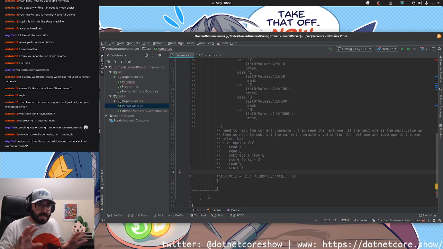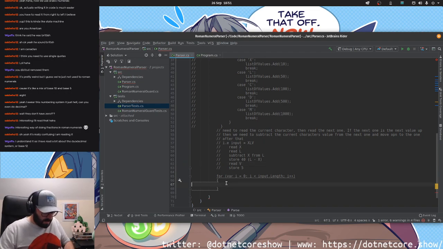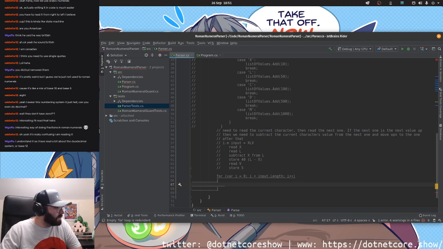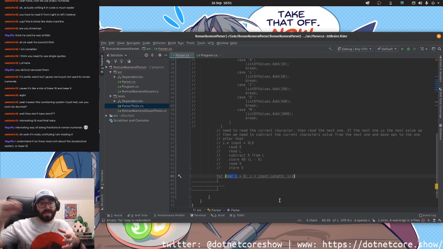It's grayed out because I'm not actually doing anything. I'm also going to change this to var just because it's easier to read. It's going to stay grey for the next couple of minutes, just while I explain what this means. So this creates a loop that is a type of for loop. This says create a bucket, a var, call it i, and initially set it to 0. Then add 1 to it. You kind of have to jump left and right here. Add 1 to it, and if i is less than the length of the input string,